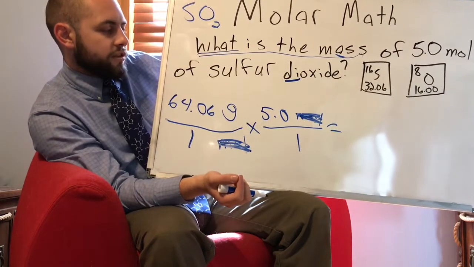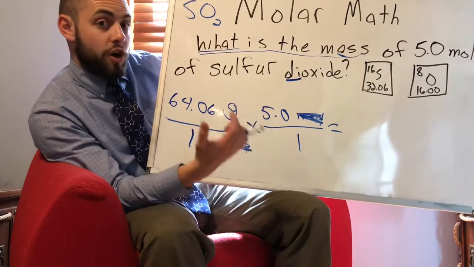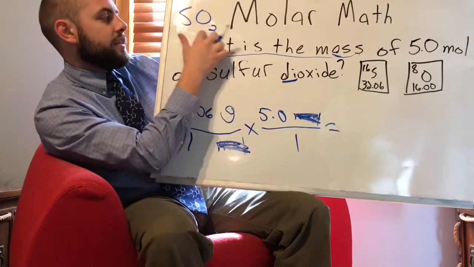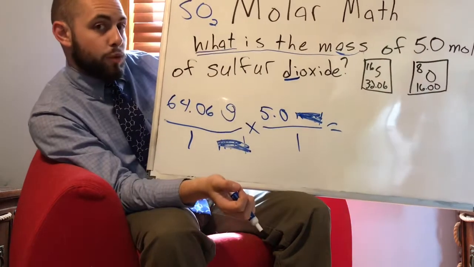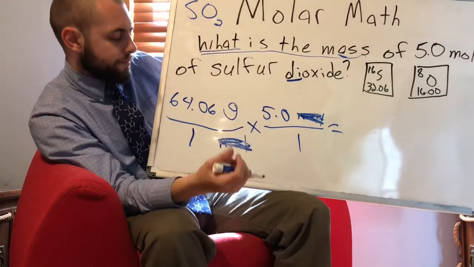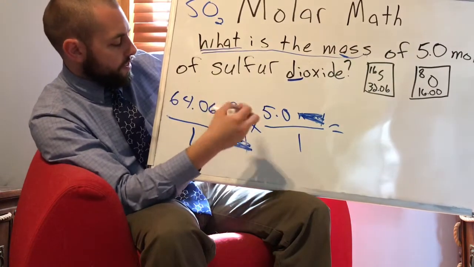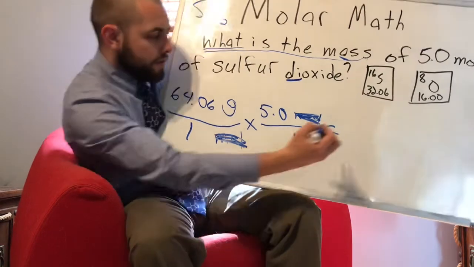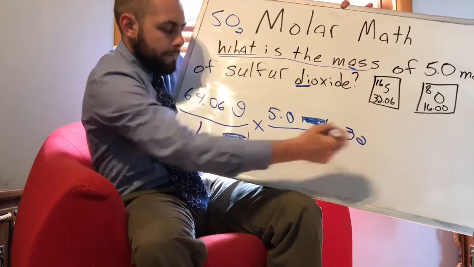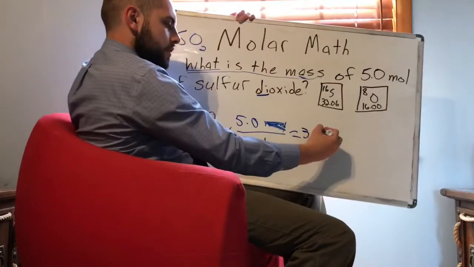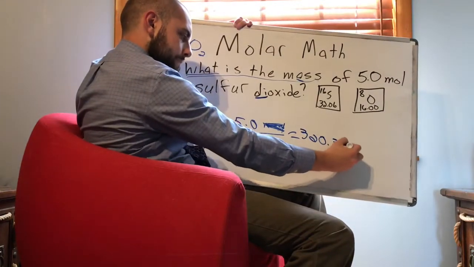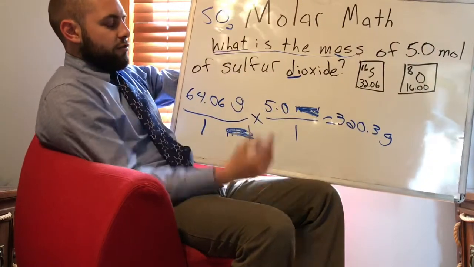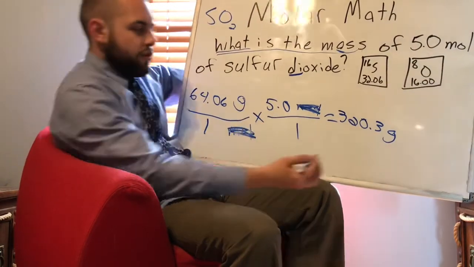And I suppose the other step to this, we needed to know the nomenclature. We needed to know that sulfur dioxide is SO2. So you can see we're putting all our skills together here. If I were to do this math across, it looks like that would be 320.3. I can't reach over there. I think that's right. I might be off a little bit, but I think it is 320.3 grams